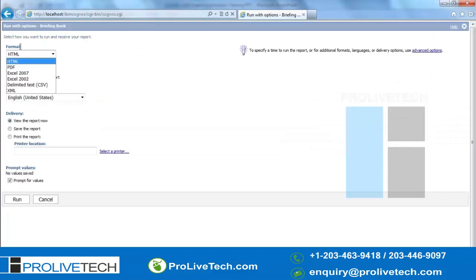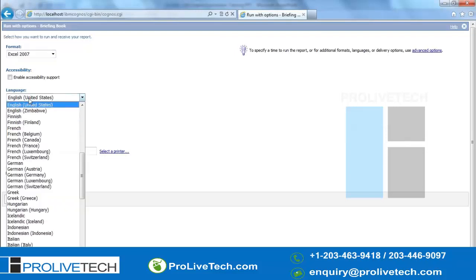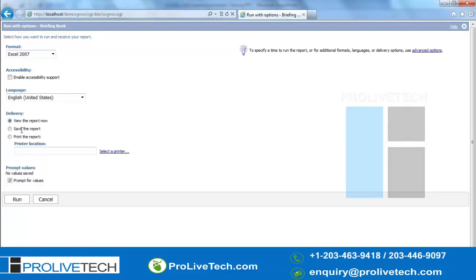It will give you a provision for which format you want to run, Excel, and which language you want to run. And how you want to view the report now, or save the report, or print the report. In case you have configured a printer to your Cognos server, you can mention your printer name here, the printer location, that IP. And you can run it. So if I run it,